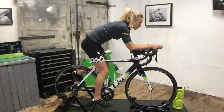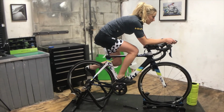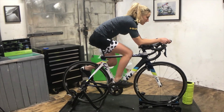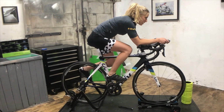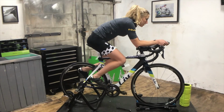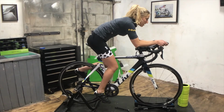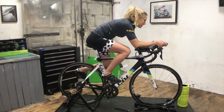So the first one I've got is just by getting Steph to unclip her left foot and just resting it on the turbo and just backpedaling. So you'll see that over the top of the pedal stroke, she's really becoming jammed up over the top. Now, this could be for several reasons. For example, the saddle might be too low, the cleats could be too far forward,